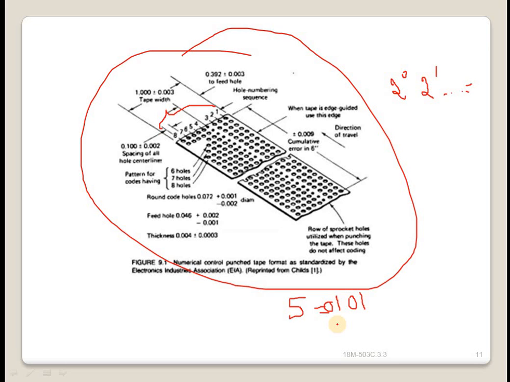In fact, the fifth column position is used exclusively as a check, called parity, on the correctness of the tape. The way the parity check works is this: the NC tape reader is designed to read an odd number of holes across the width of the tape. Whenever the particular number or symbol being punched calls for an even number of holes, an extra hole is punched in the fifth column,